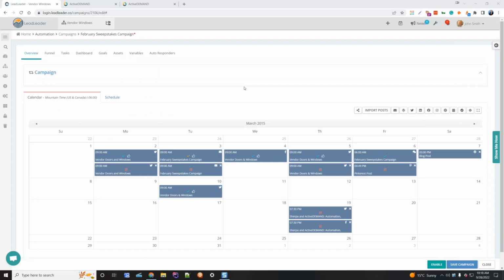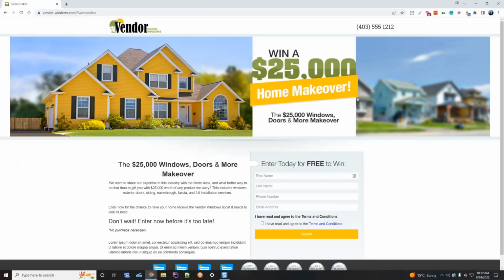And of course, as marketers, we have resources, we have budget, and we're using our intelligence and domain experience to take these resources and apply pressure to a large population of people with the intent of accelerating individual buyer journeys, right? So for example, this is a calendar campaign. I'm going to do a bunch of social content, I'm going to do some emails, and really what I'm going to do is drive people, in this case, to a landing page that will get people to sign up for a sweepstakes, right? We'll give away $25,000 for this window company, so there's a huge value offer. We get people to sign up, and then once they've signed up, we're going to try to get them to engage in more